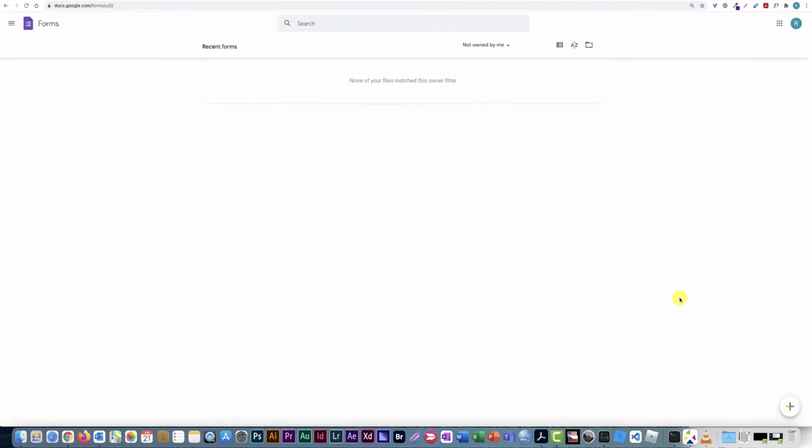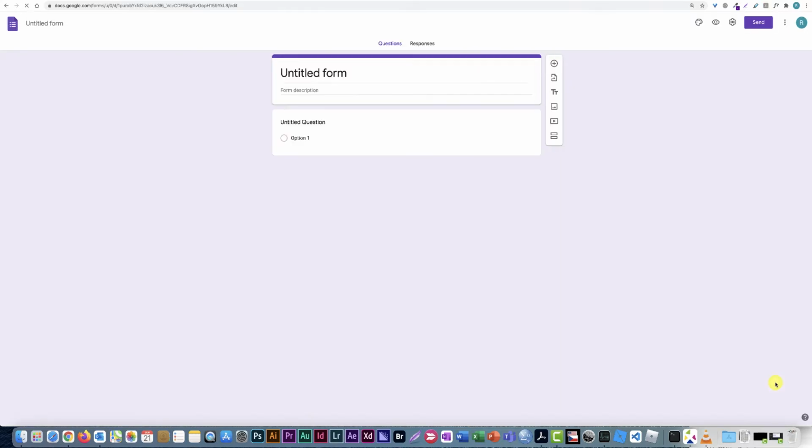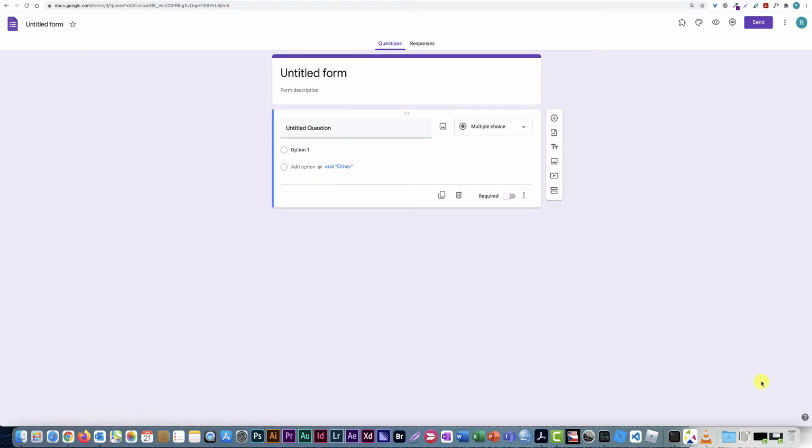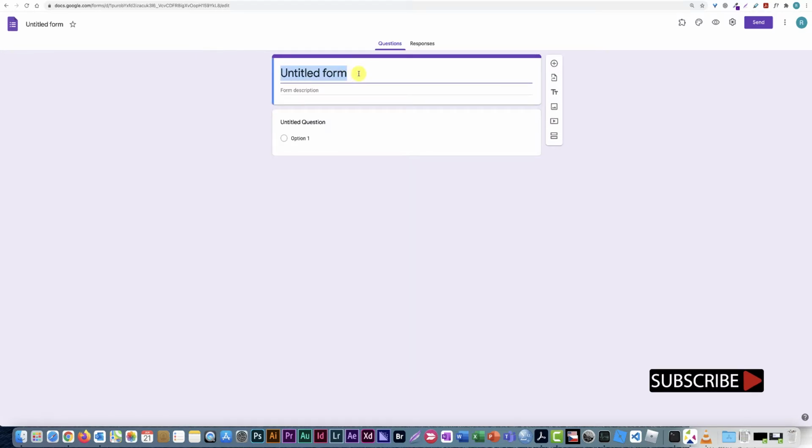Now, in order to create a new questionnaire, I'm going to click the plus sign at the bottom right of the screen, and I'm going to show you how to create a question, how to use other features in addition to your predefined multiple choice answers, and I'm also going to cover how to create subsections based on the respondent's answer. So let's create our first question, but first of all, we can give our form a name. So let's name it free time